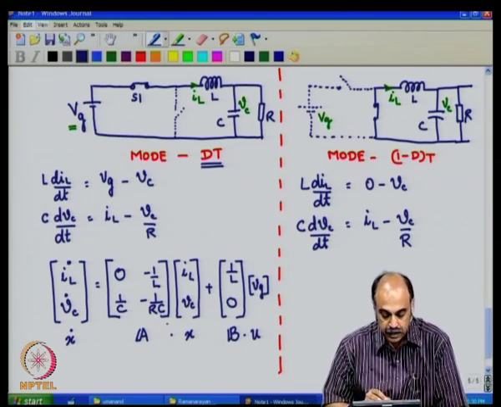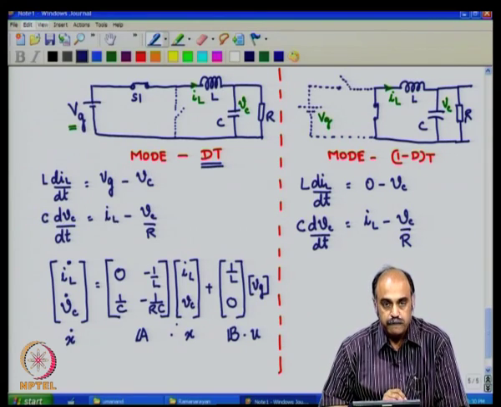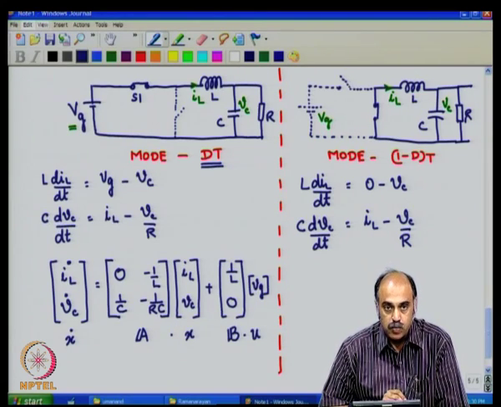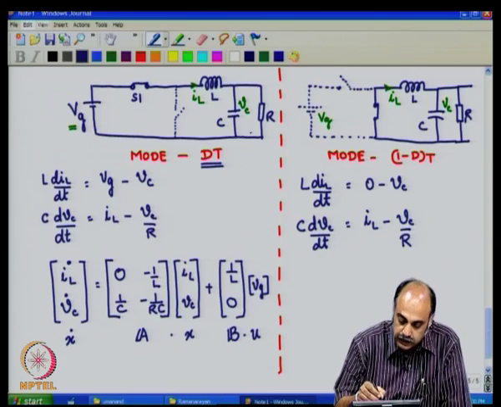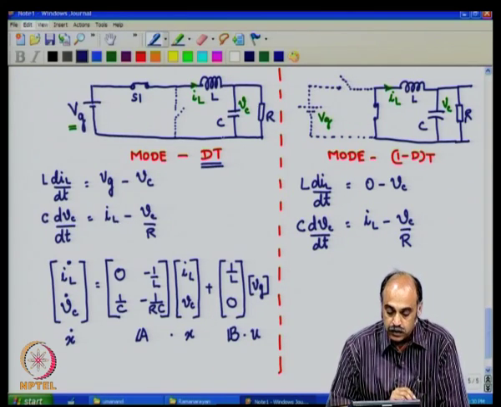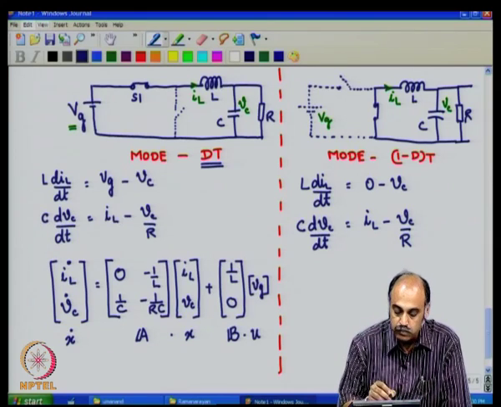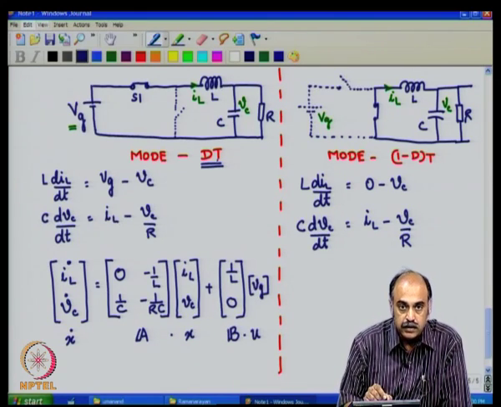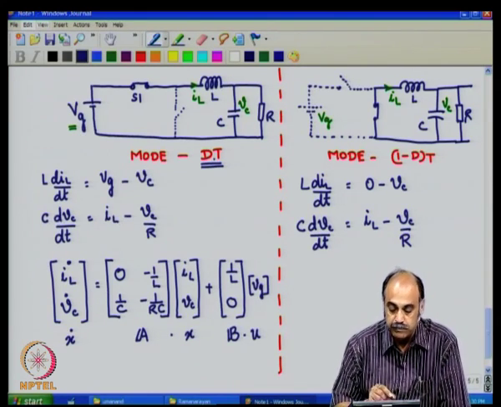So, this becomes the state equation for that part of the circuit, or that